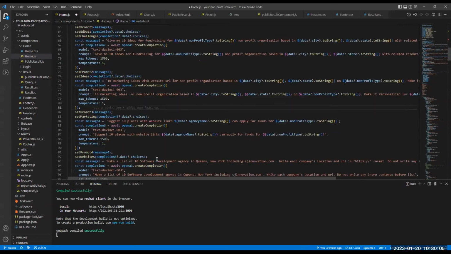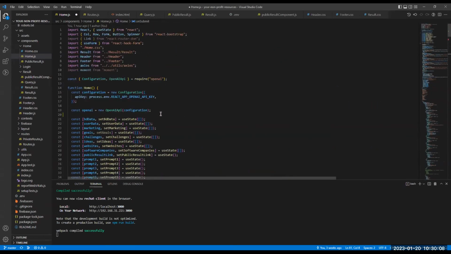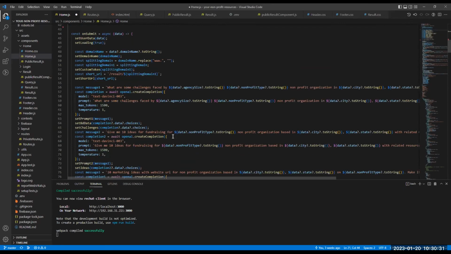The configuration is very easy. As far as I found, there is no complexity. First of all, we have to do npm i openai, and after the OpenAI package is installed, we just import those two classes, then initialize the configuration and the OpenAI constant, and then we can start working.